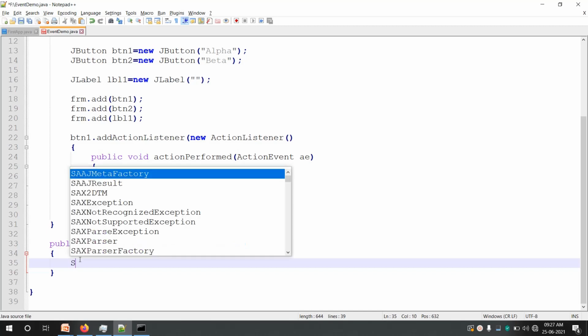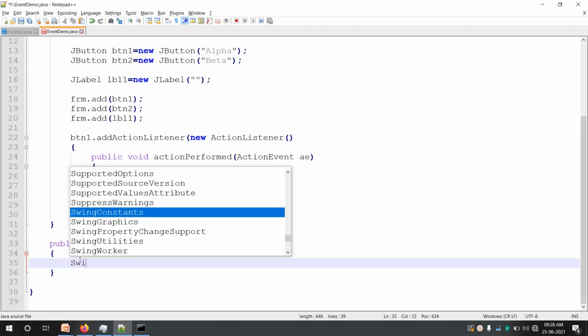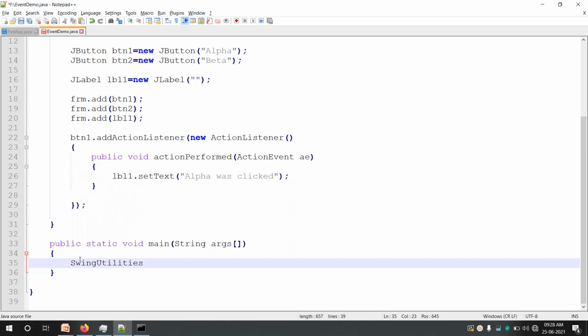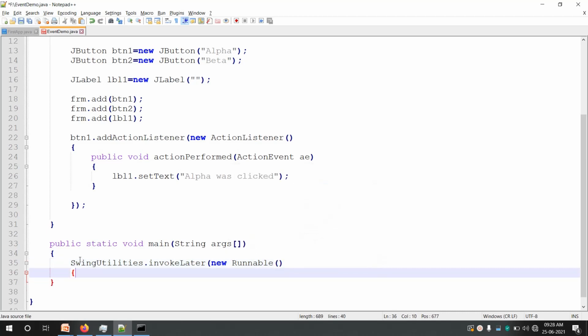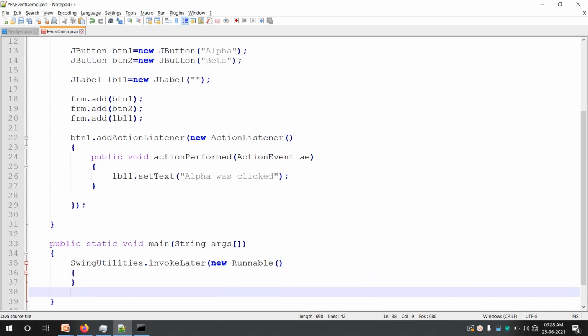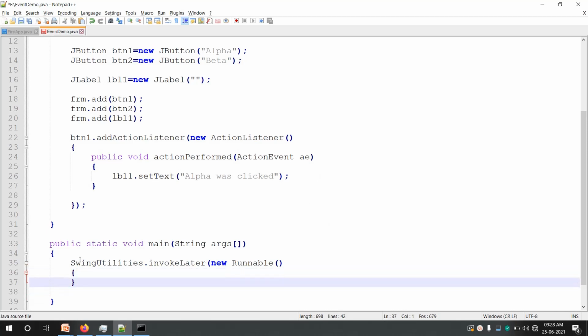The event dispatching thread can be used through the SwingUtilities class. SwingUtilities.invokeLater, in brackets we send an anonymous inner class for a thread. So new Runnable, and there is a class which is inheriting Runnable.